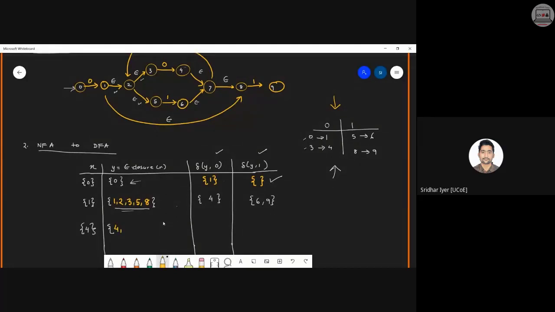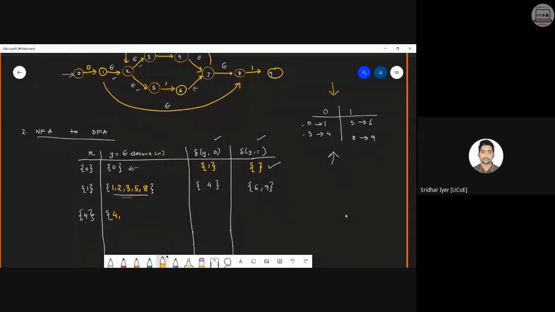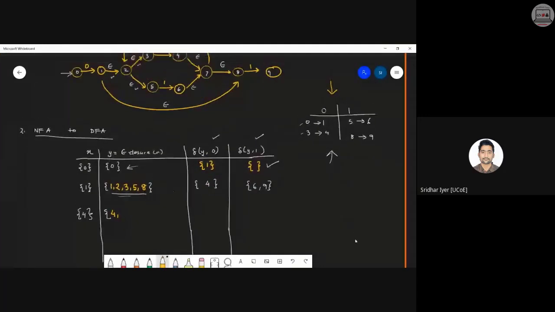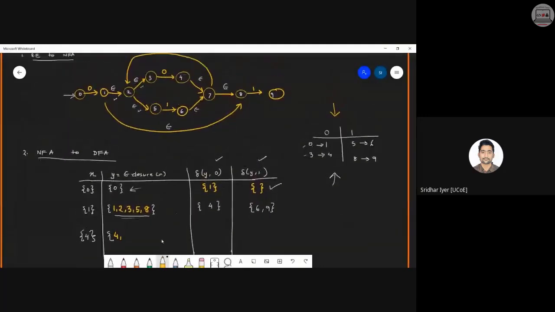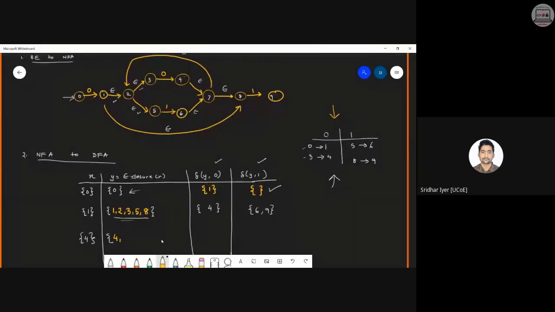Ayush, for the null set there will be everything as null inside the table, because that is not significant at this point of time. Okay, so let's solve this 4 first. 4 is traversable from 4, obviously. From 4, we can go to 7. From 7, we can go to 8.